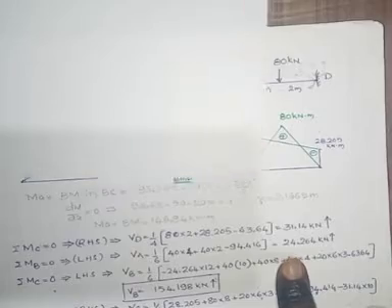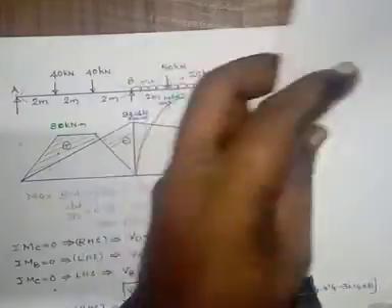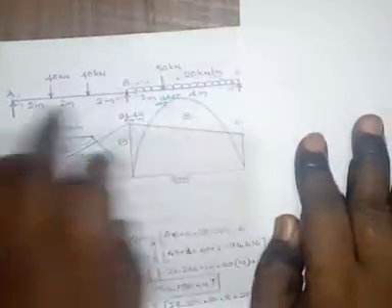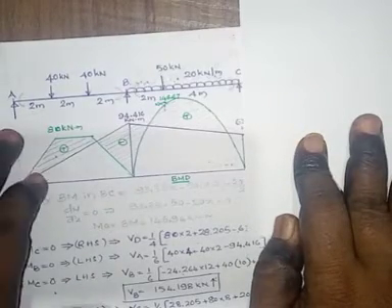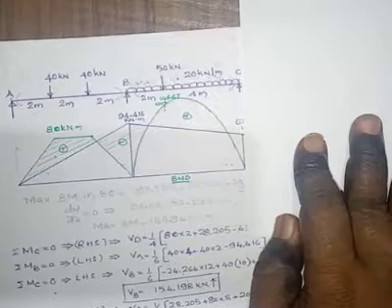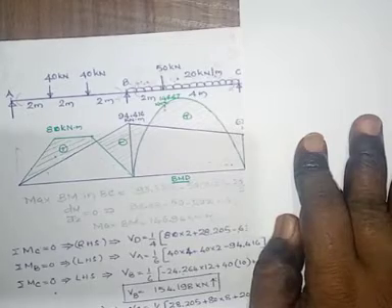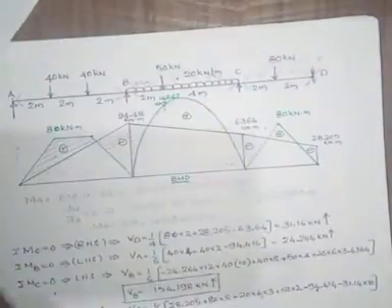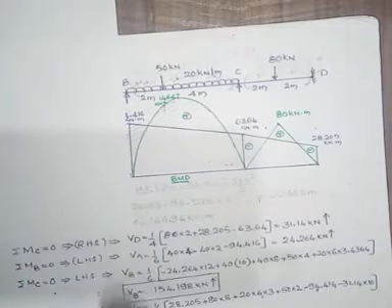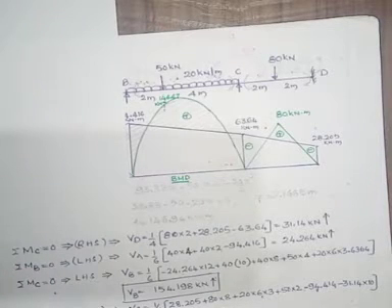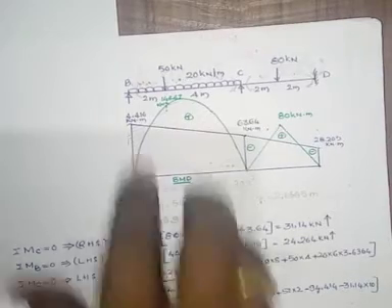Then summation of MC equals 0, that is only you have to consider all the forces to the left of this. Then you will get VB. Already we have calculated VA. Then in the same way, summation of MB equals 0 by considering RHS. By considering RHS, you will get here VC equals 120.398. Or by applying the equilibrium equations, then to draw the shear force diagram,